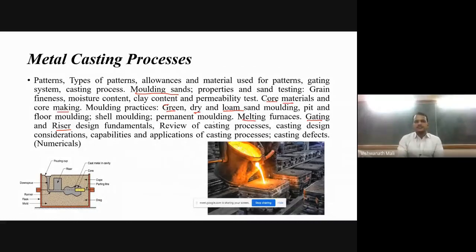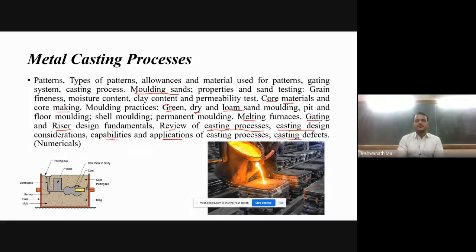Then we will see an overview of casting processes, like sand casting. Then casting design considerations, capabilities and applications. And lastly, we will see the casting defects.